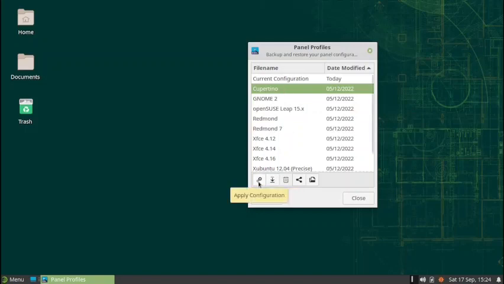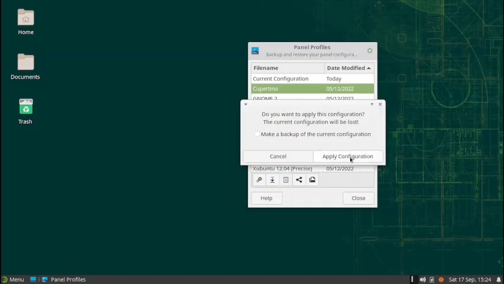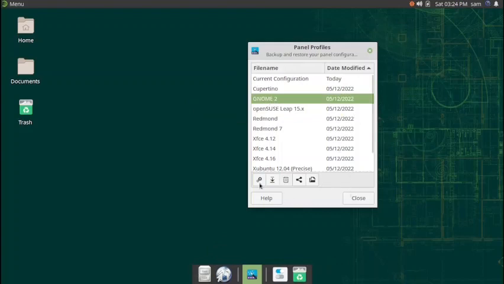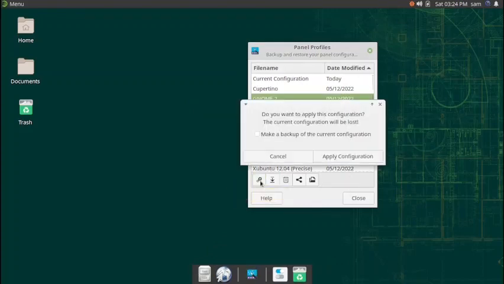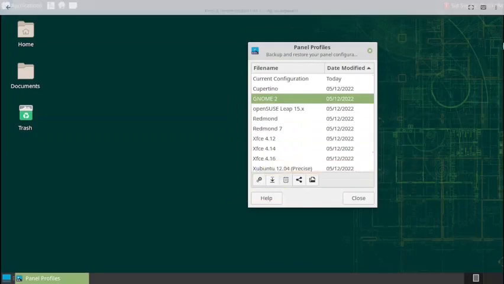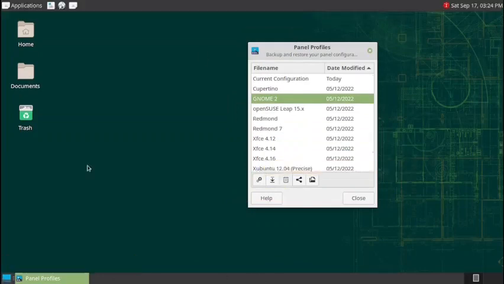Why is it not working? Apply configuration. Okay, so this is the Cupertino profile. You can see a dock has appeared below. Then you have got the Gnome 2 profile, so let us apply this. This is just like the Mate desktop. So this is the Gnome 2 or the Mate desktop